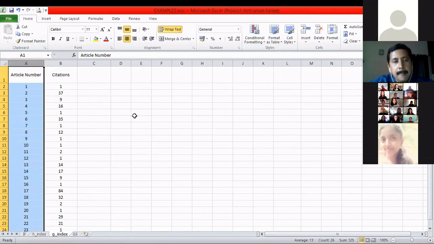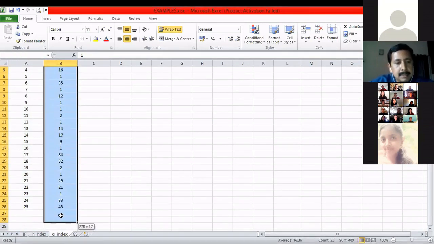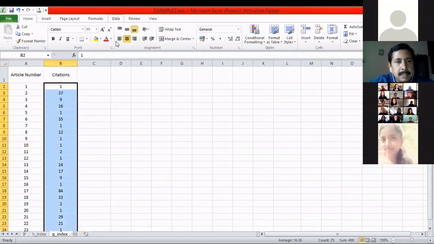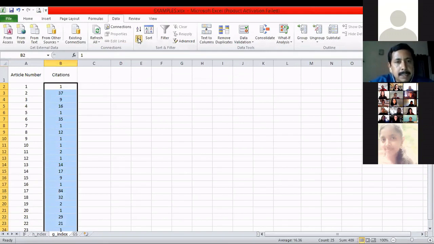Once again, I'm going to sort the number of citations in descending order. Let me select them, there are 25 articles, and let me sort them in descending order. Now I have got a ranked list of articles.